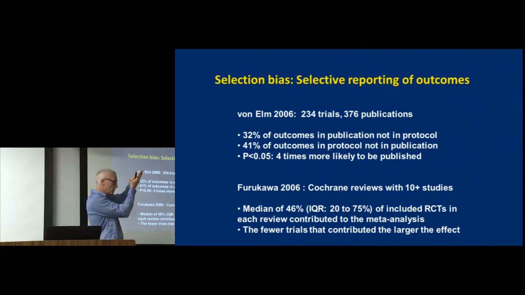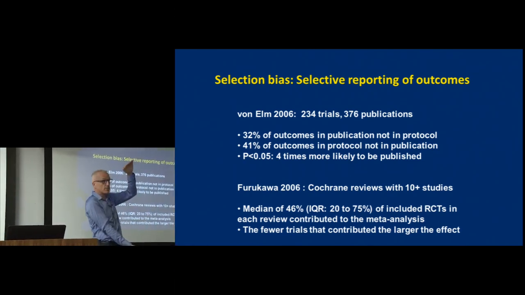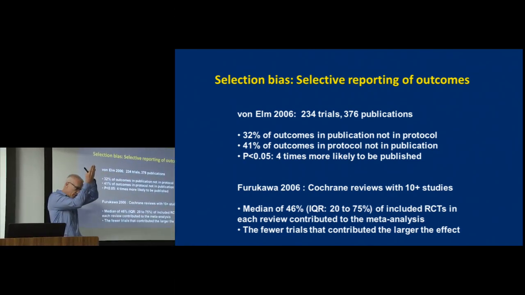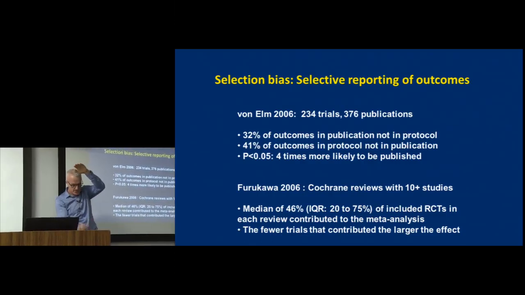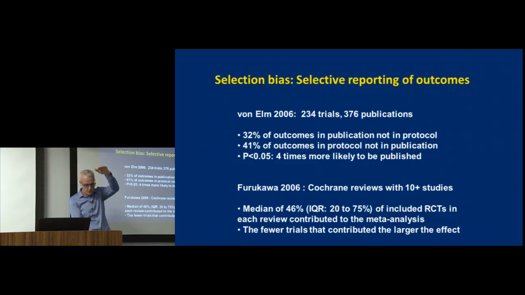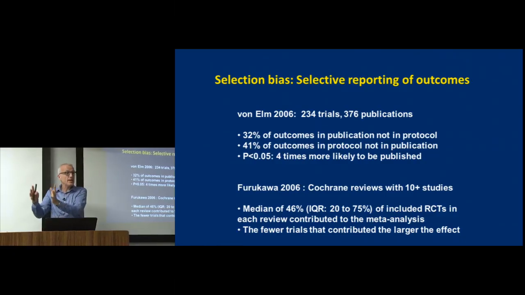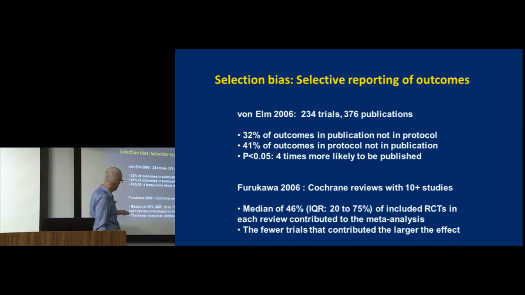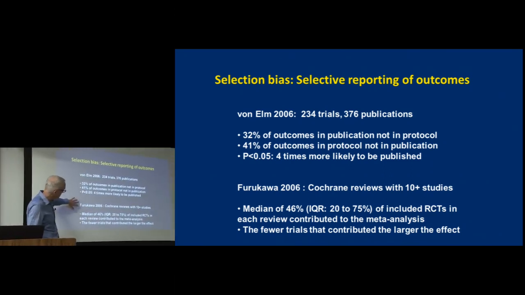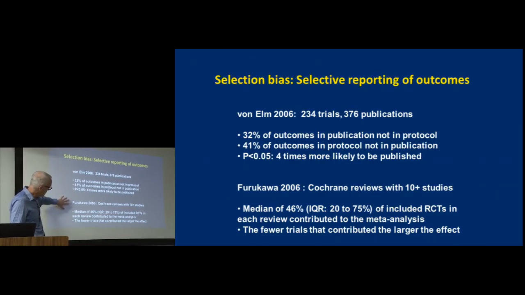So if you collect 100 outcomes, in the protocol there's 100 outcomes. You collect data on 100 outcomes from the patient, but the ones that appear in the paper are selected. And Professor Furukawa did a nice study, I thought, which was showing that